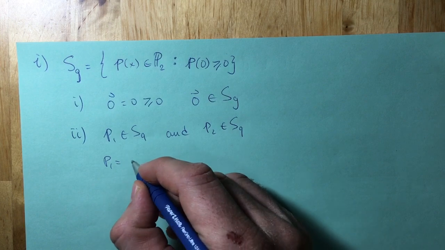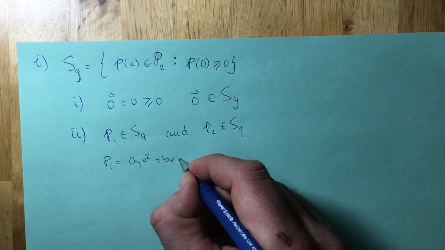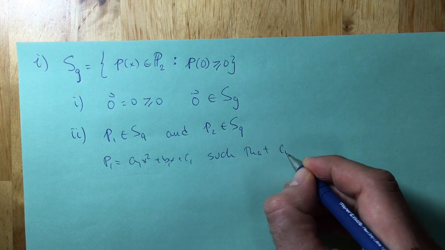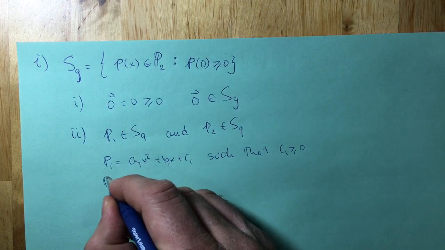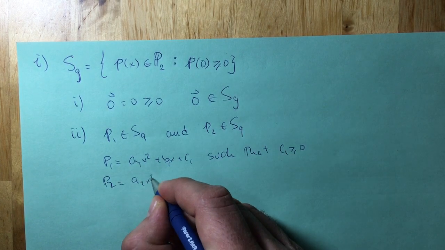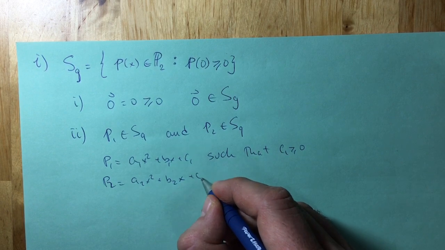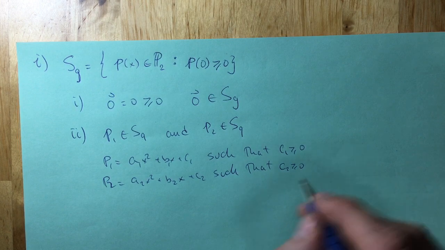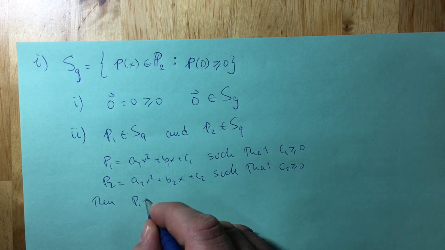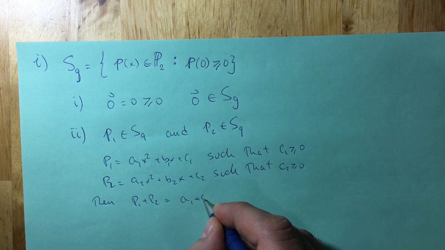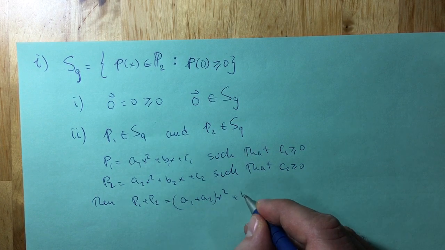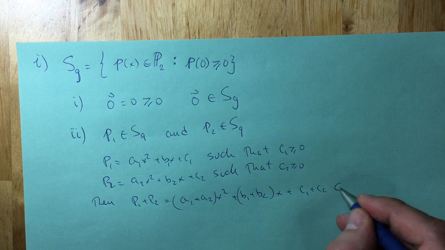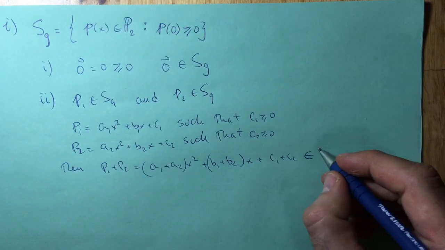So if p1 is a1x squared plus b1x plus c1, such that c1 is greater or equal to 0, and p2 is a2x squared plus b2x plus c2, such that c2 is greater or equal to 0, then the vector p1 plus p2 is going to be (a1 plus a2)x squared plus (b1 plus b2)x plus (c1 plus c2), but this is also going to be in S9